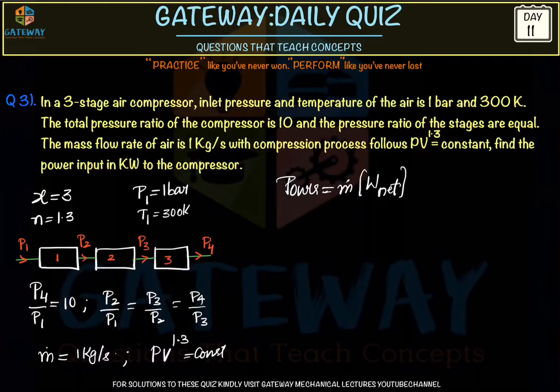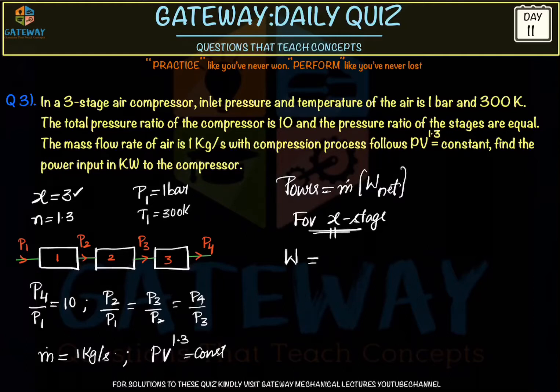So always in multi-stage, whenever you see a question on an air compressor or a multi-stage compressor, remember only one generalized formula for this work net, because this we have to remember. We can even calculate the enthalpy, state points, everything, but for these type of questions the only shortcut is to remember the W net. So we'll make a generalized statement for x stage. If it is a single stage, then x is equal to 1. If it is 2 stage, then x is equal to 2. Here it is a 3 stage, so x is equal to 3.